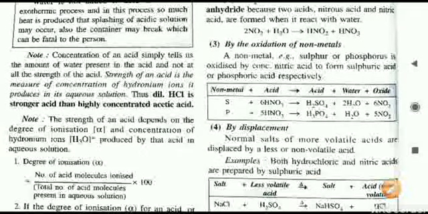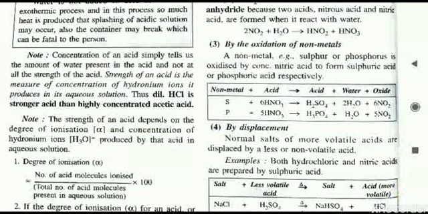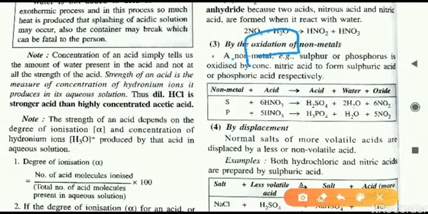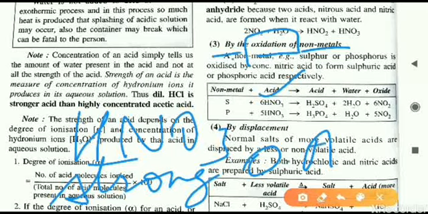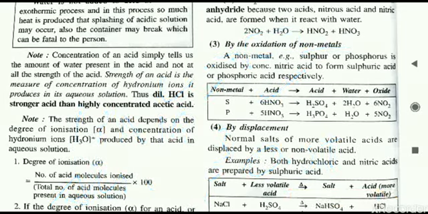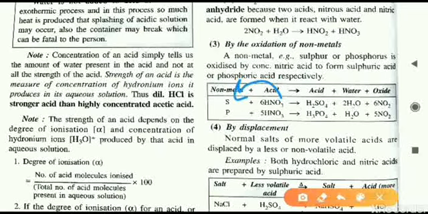The third method of preparation of acids is by oxidation. We have learned what is oxidation earlier. So whenever non-metals are oxidized, they will produce an acid. In chemistry, HNO3 is a very strong oxidizing agent. It is a strong what? Oxidizing agent. That is, it provides oxygen. Oxygen which is already in HNO3 is released and it moves to the non-metal, and this non-metal atom will get oxygen from the acid which we are using here, which is nitric acid. So nitric acid is working as an oxidizing agent.